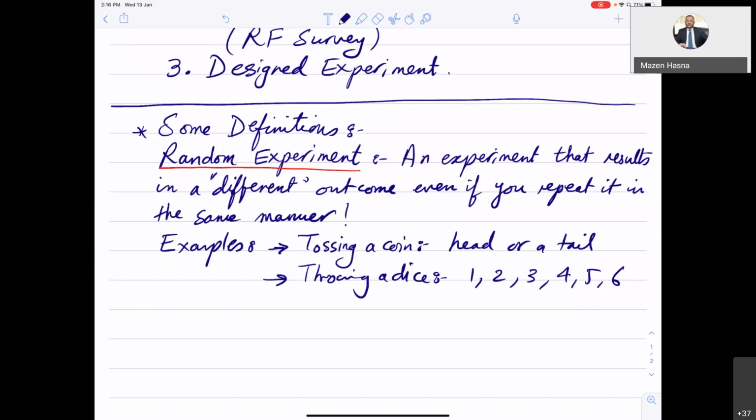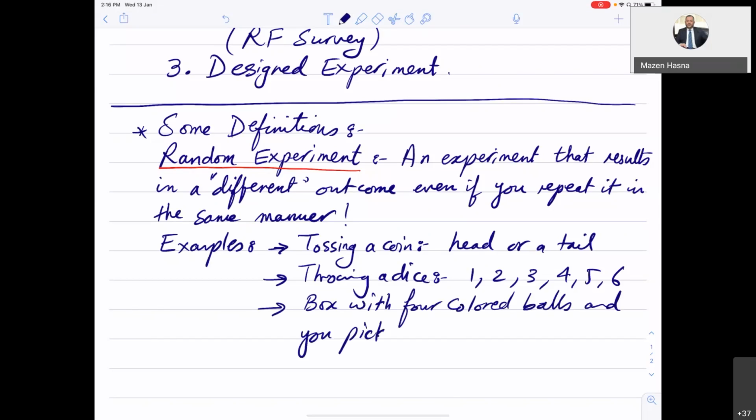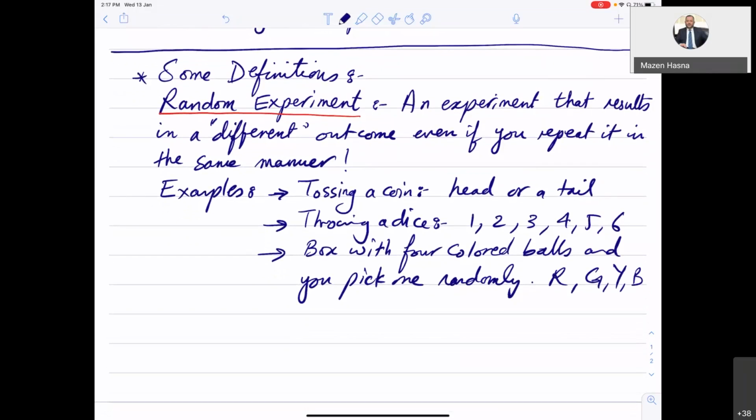Also, if I have a box with 4 colored balls and you pick one randomly, then you might get, for example, red, green, yellow, blue. Every time you repeat it, you will get a different ball. So these are like explanatory examples, but in your real life, we mentioned some